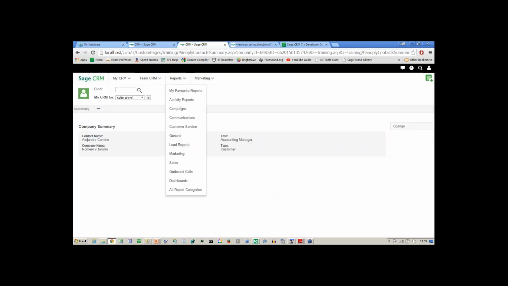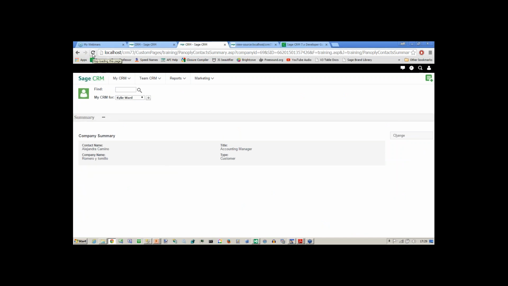So inside this, if I refresh my page, we can see that that didn't actually work in the way that I wanted it to do,